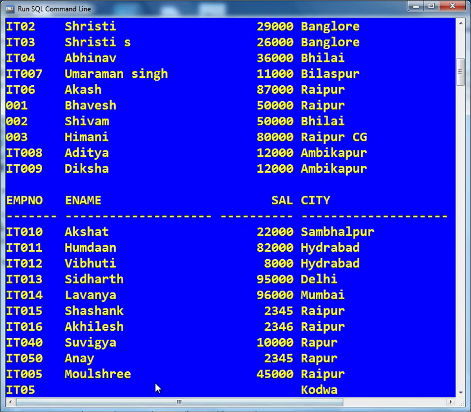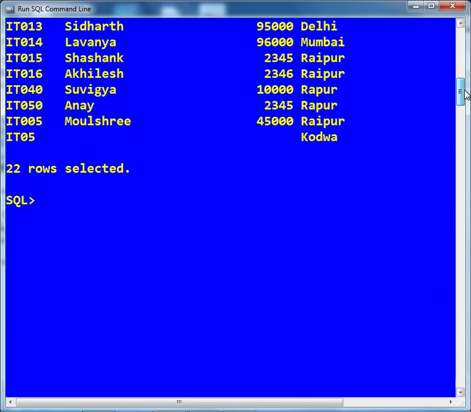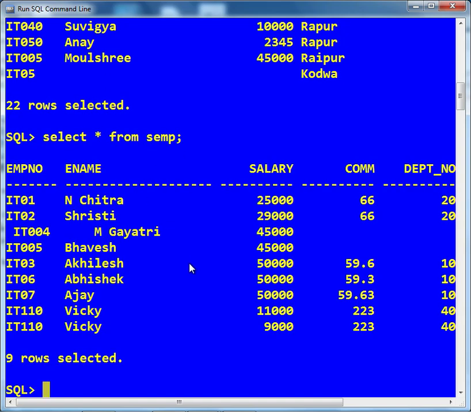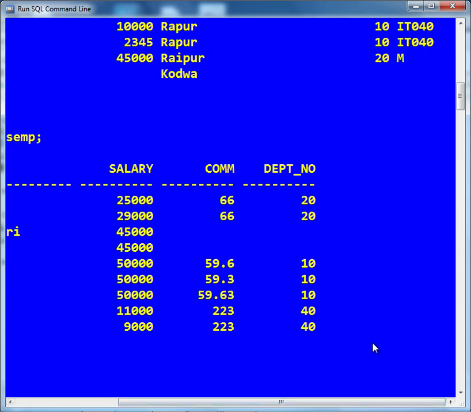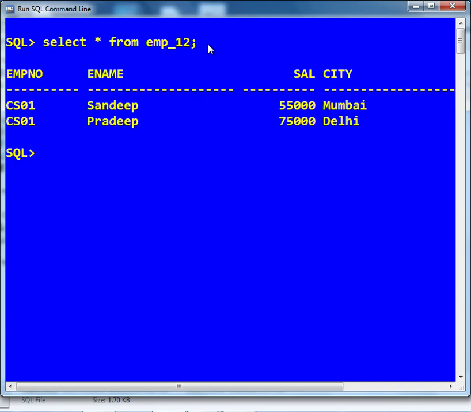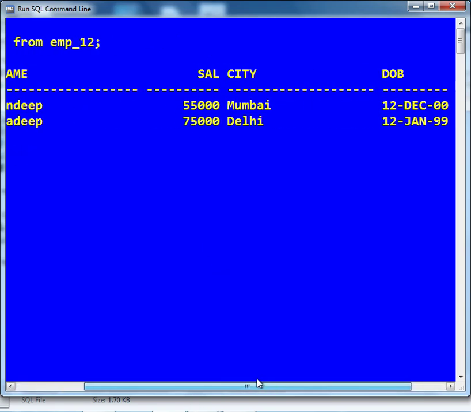If I want to work with dates, let's see another function. Select star from EMP underscore 12. So here we have a column with date of birth.